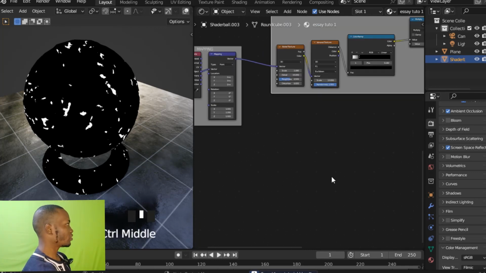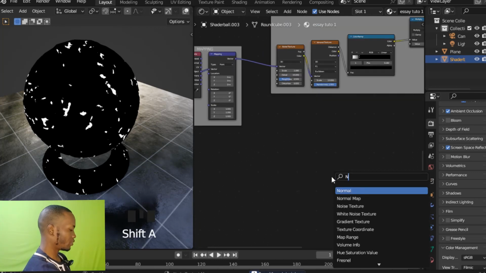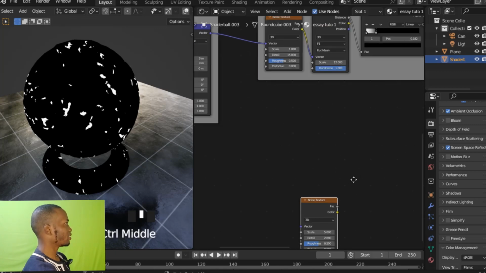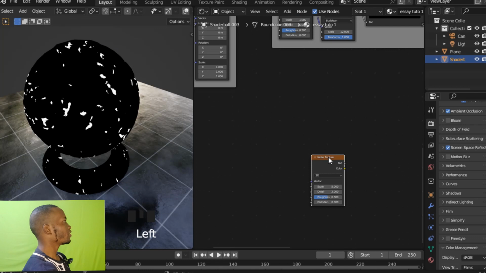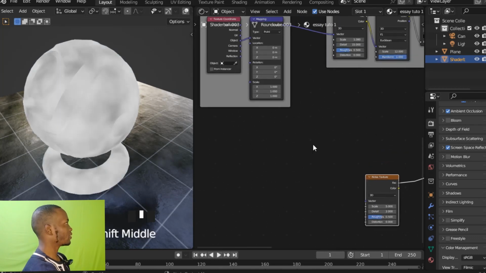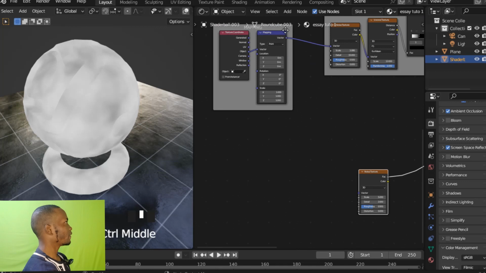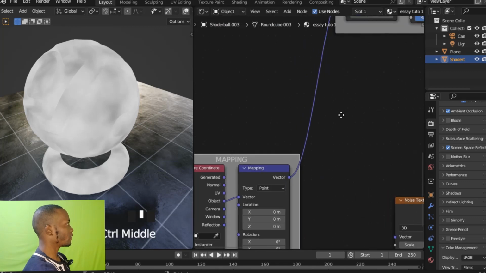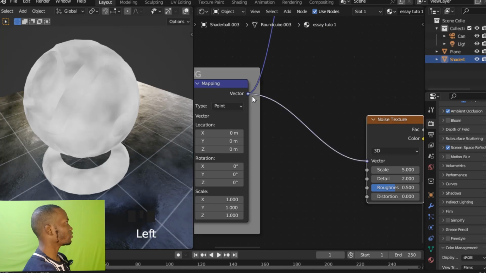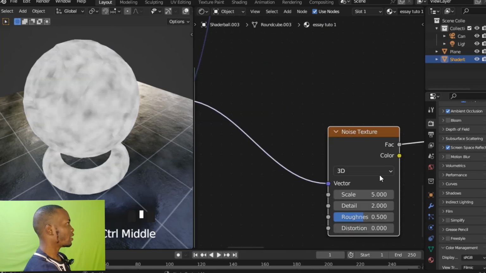Now let's add a noise texture. That will be our last mask. Control Shift and left click to preview it. Now let's take this vector and put it into this vector. Now let's change the scale to something like 105,